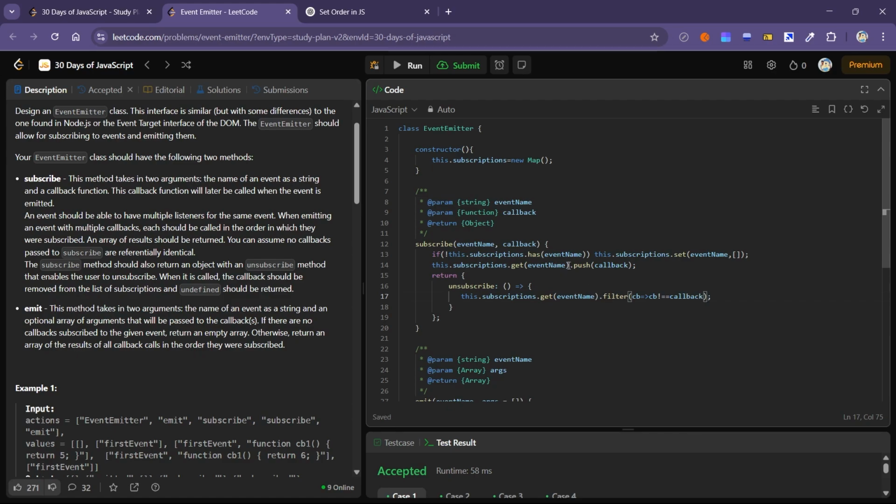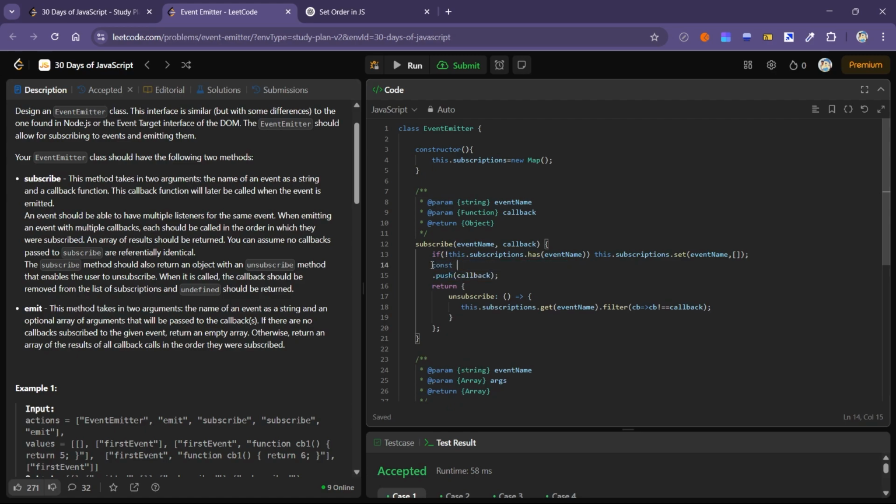And in doing so, first let's extract this result. So const callbacks. These are the callbacks, and using this we will first push this callback, and when someone calls the unsubscribe method, we will filter these callbacks